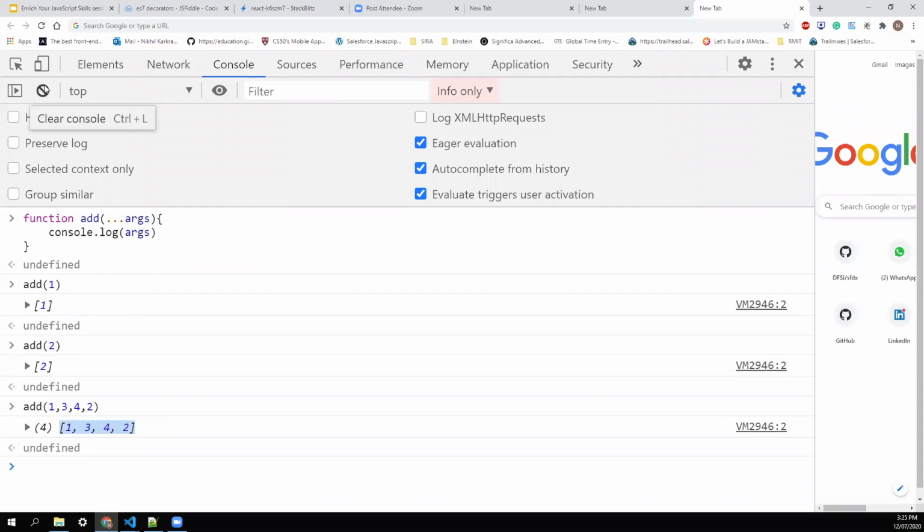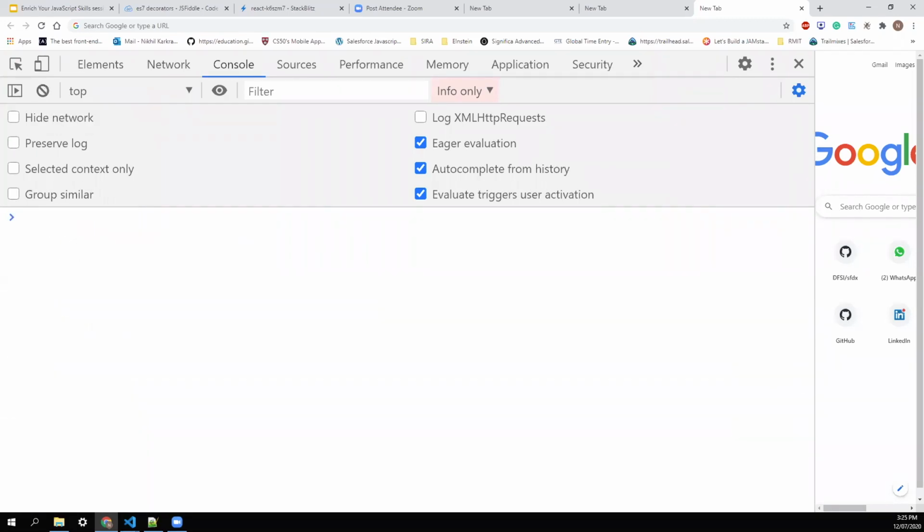Another use case of the REST operator is if you want some parameters explicitly. I'll show you what I mean. I create a function xyz. I want the x value to be mapped explicitly, the y value to be mapped explicitly, and for the remaining values that come, just do a rest operation and convert them into an array. So as we discussed on the slide, the rest operator should always be the last argument in a function. It should not be the first.